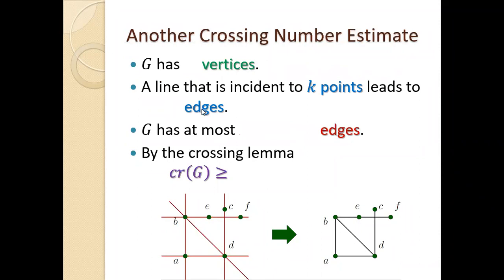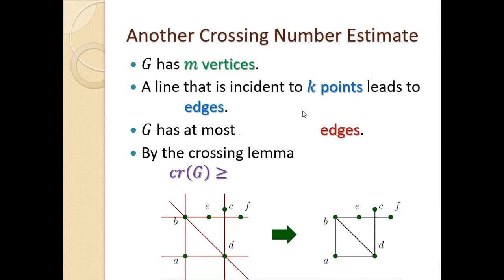I'm going to do this quickly because I don't want it to drown in the technicalities here. It's not important. How many vertices do we have? We put a vertex for each point. We have m points. So we had m points, now we have m vertices. How many edges do we have? To see how many edges we have, let's go line by line. A line that has k points on it.